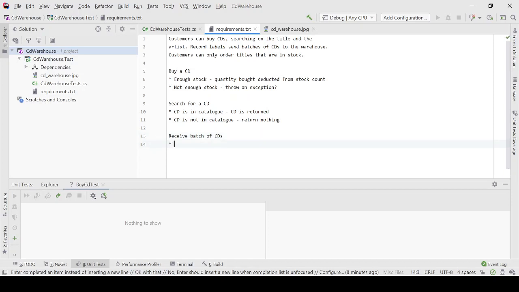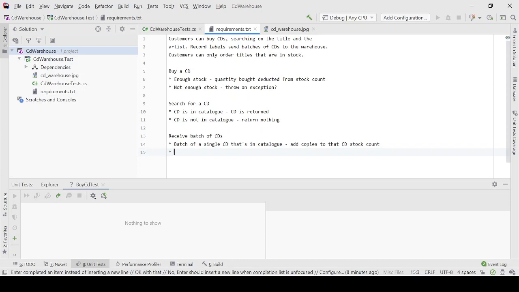Well, we might need to think a little more about this. So first of all, maybe it's a batch of a single CD that we already have in the catalogue. In which case we'll add the copies to that CD's stock